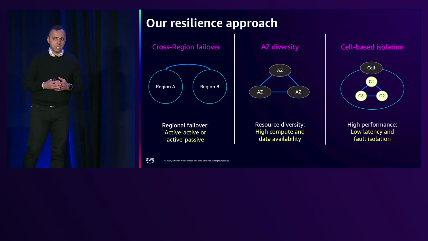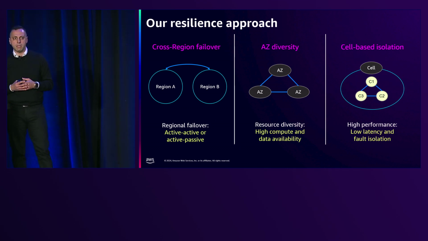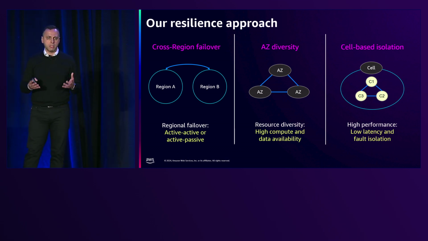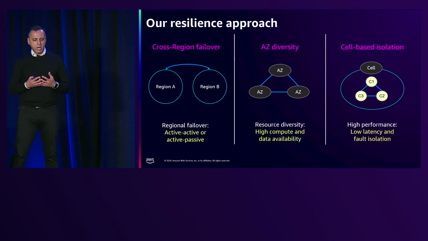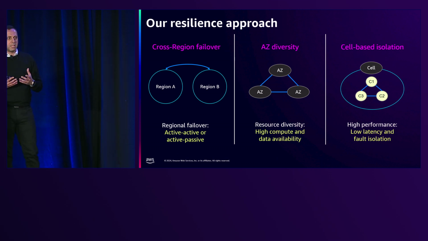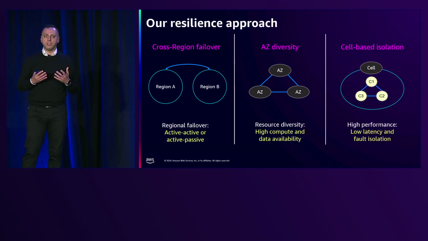The second one is AZ distribution, and we distribute our workloads across multiple AZs to increase availability. Lastly, we've introduced cell-based architecture into our resiliency model, and we're able to provide higher and more critical platforms a higher degree of resiliency,